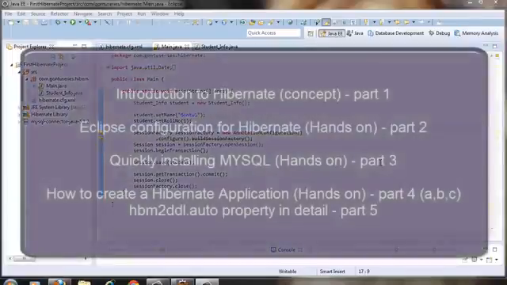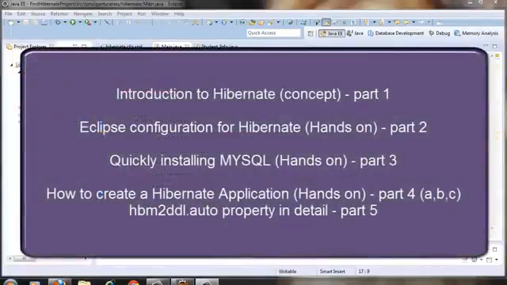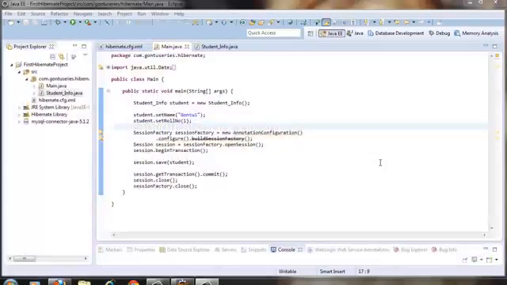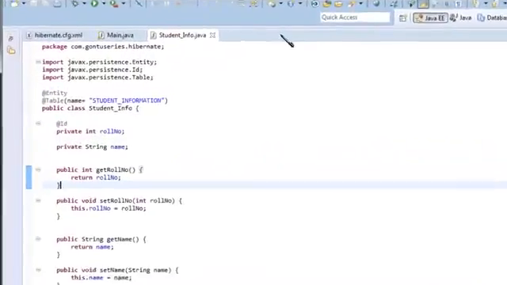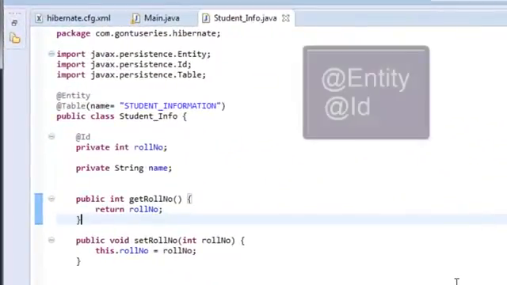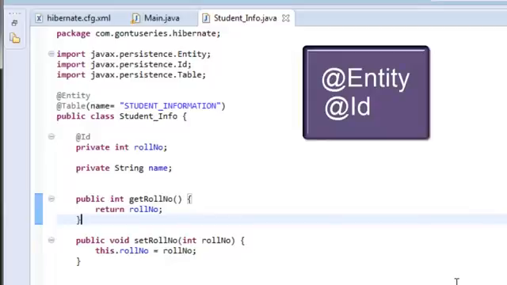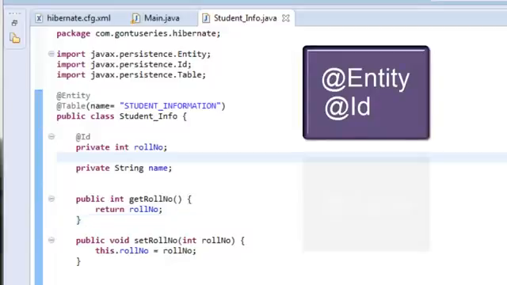In the earlier tutorials, we talked about Introduction to Hibernate. We created a basic Hibernate application using Eclipse IDE and went through the hbm2ddl.auto property in detail. In this tutorial, we are going to talk about the most common annotations that we use in a Hibernate application, with explanation and demo for each. So let's start. While creating the basic Hibernate application, we learnt about two basic annotations, Entity and Id, and also